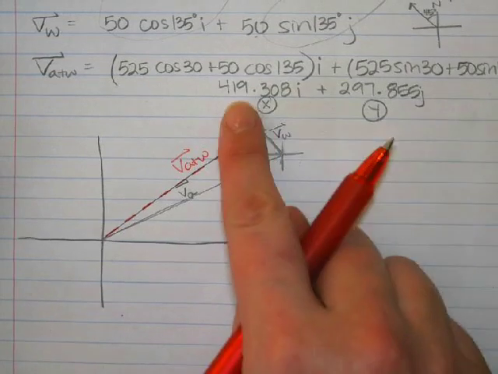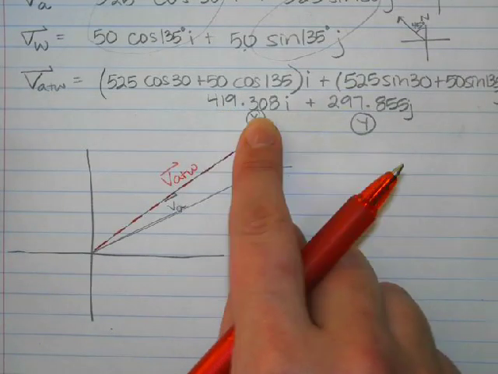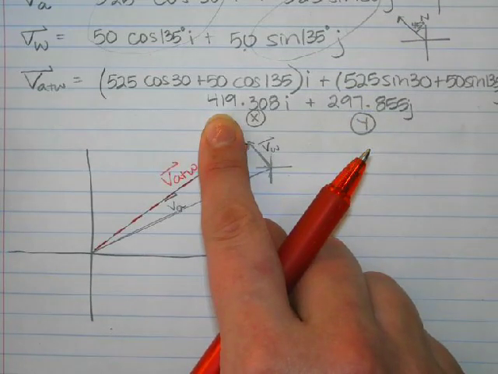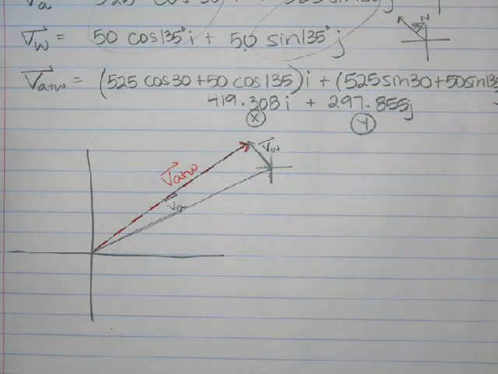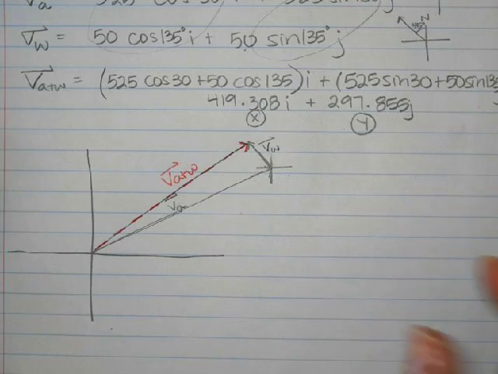So when we look at this, and you can see that that matches the information for your vector, it goes right and it goes up. It's a positive number for the horizontal component, positive number for the vertical component. Makes sense that this would be in the first quadrant. Positive x coordinate, positive y coordinate. Okay? So now that we have that picture, we're going to go ahead and find the speed and the magnitude